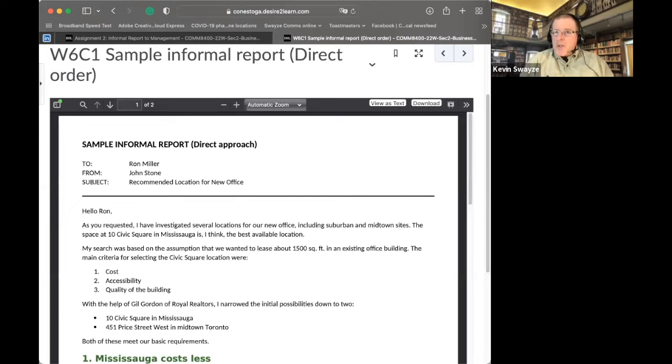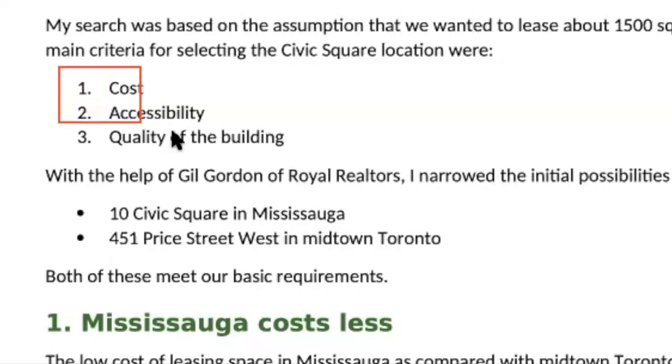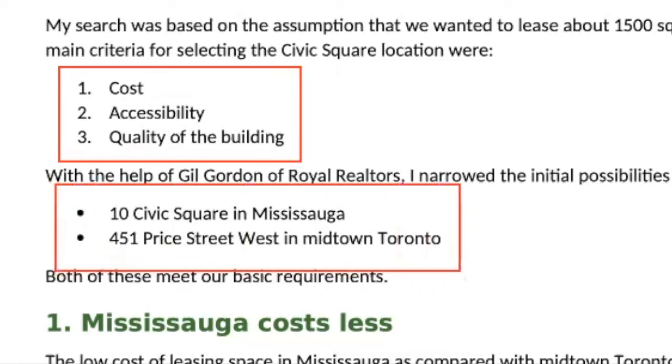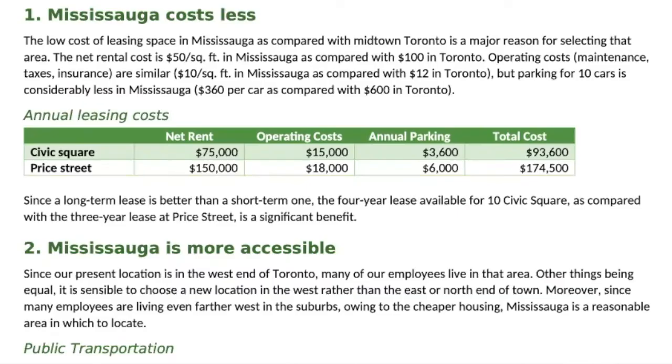Here is a sample informal report. This is included in your assignments folder, assignment number 2 folder. Note the use of bullets right here to organize information. Organize the 2 properties that are being compared. Note how